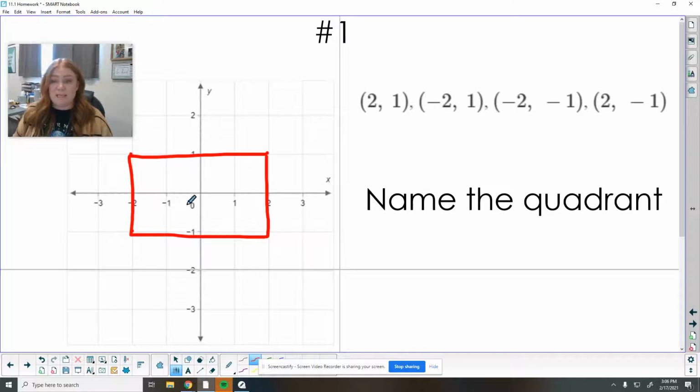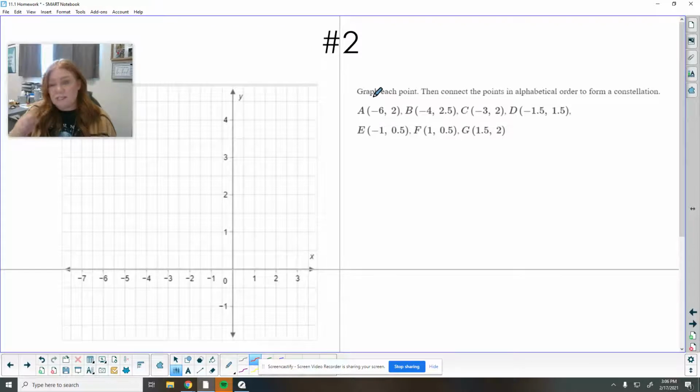We can use our grid to make these shapes. Number 2 wants us to graph these and then connect them in ABC order. So we're going to go to the left -6, up +2,